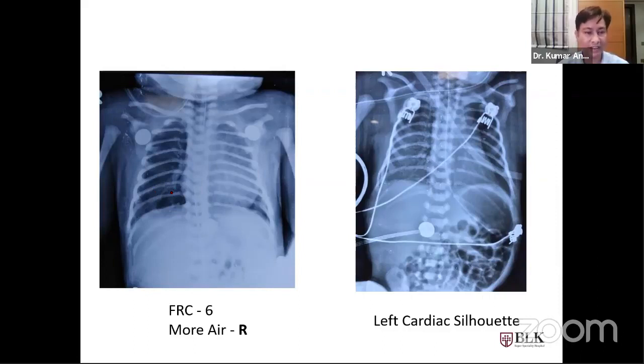Otherwise, if you don't take any action on this X-ray, it can lead to a lot of air leak outside the pleura. Here there is a small pocket, but this patient was managed conservatively. Once the settings were decreased, the patient improved spontaneously and their Silverman-Anderson score decreased.